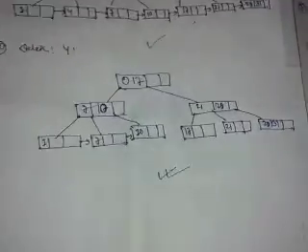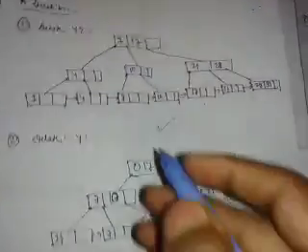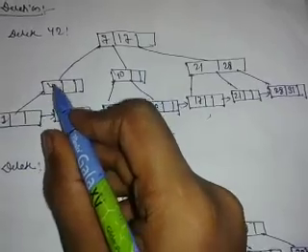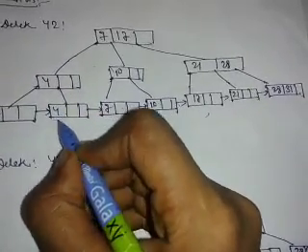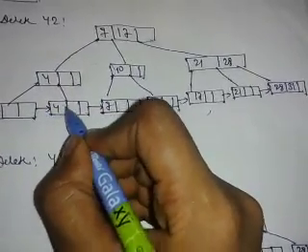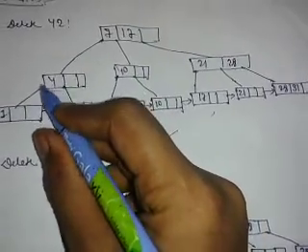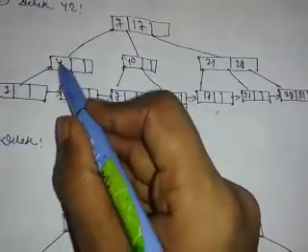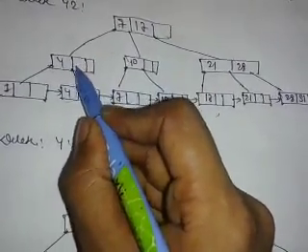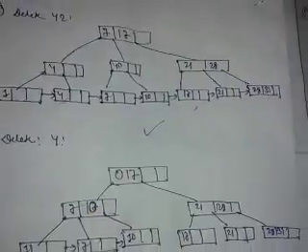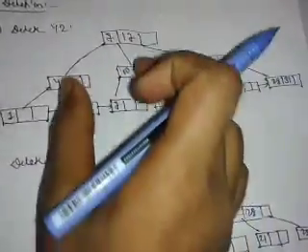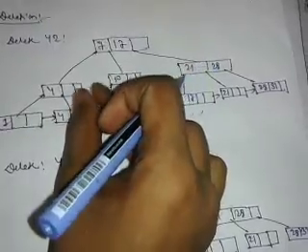Now we need to delete 4. If we delete 4, we need to first check from the leaf node. If we delete 4, we need to also delete 4 from here. So we see that this node is empty, and the minimum number of elements in this node, as we have calculated, is 1. So this is also violating the condition. So what we do is merge these two nodes.